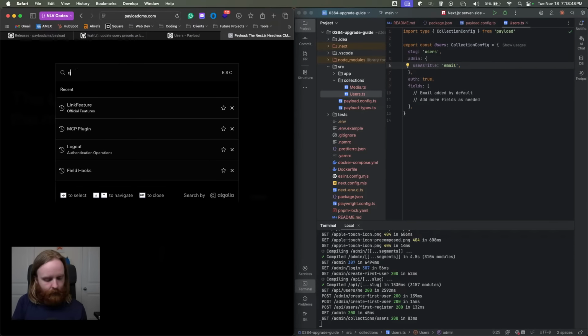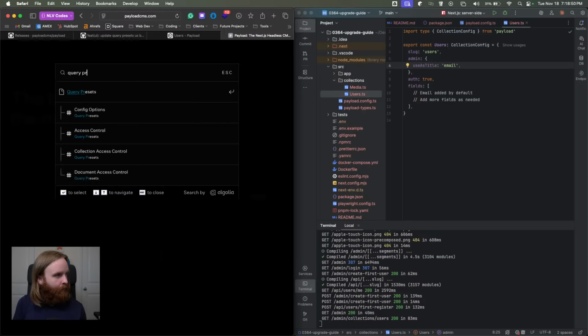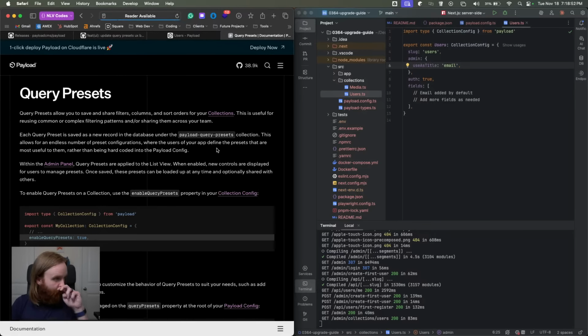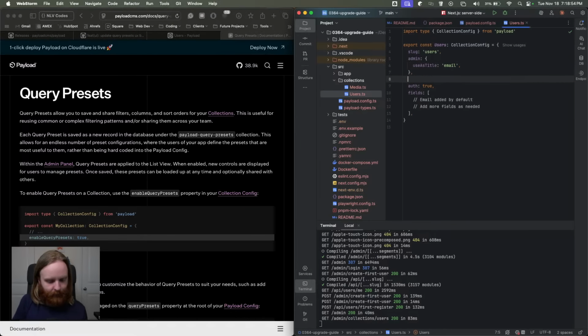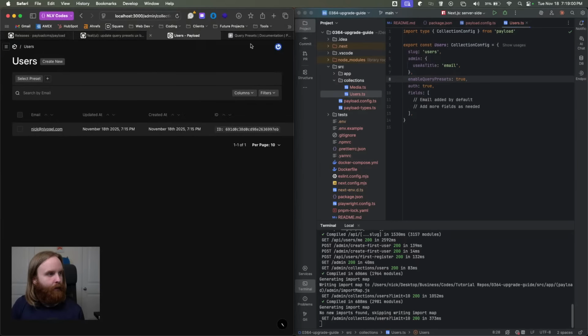And then we can do query preset. Yeah, I had it right. Okay. Enable query presets. We set that to true. And now that I have this set to true in my users collection, I can see the select preset pop up here. If we go back a version, just so we can look at it here live,